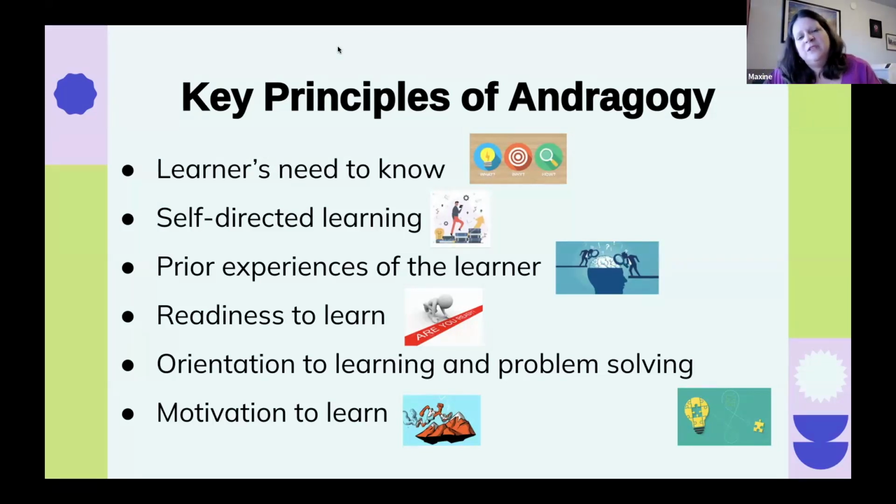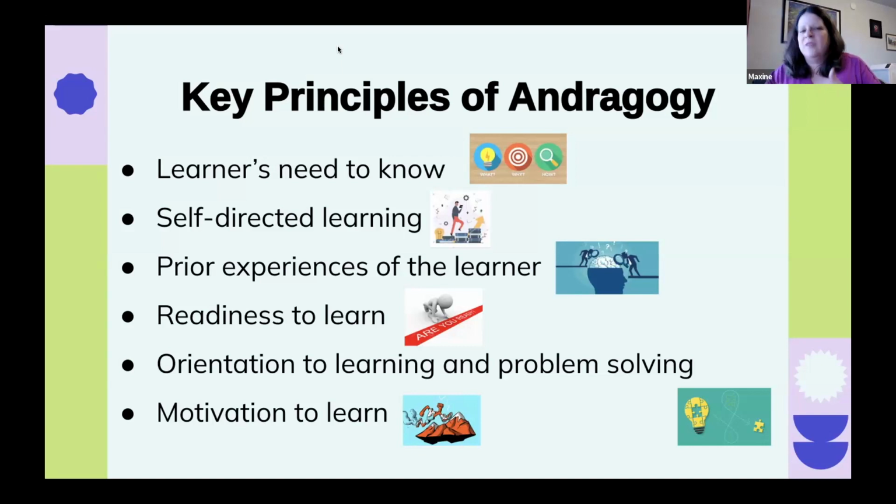The second is the principle of self-directed learning. This is the idea that most adults want to, again, have control, want to direct their own learning. I'll often say to my undergrads, like, the idea of because I told you to or because I said so doesn't work so well with kids, and it really doesn't work with adults, right? Adults need to have that sense of, I'm